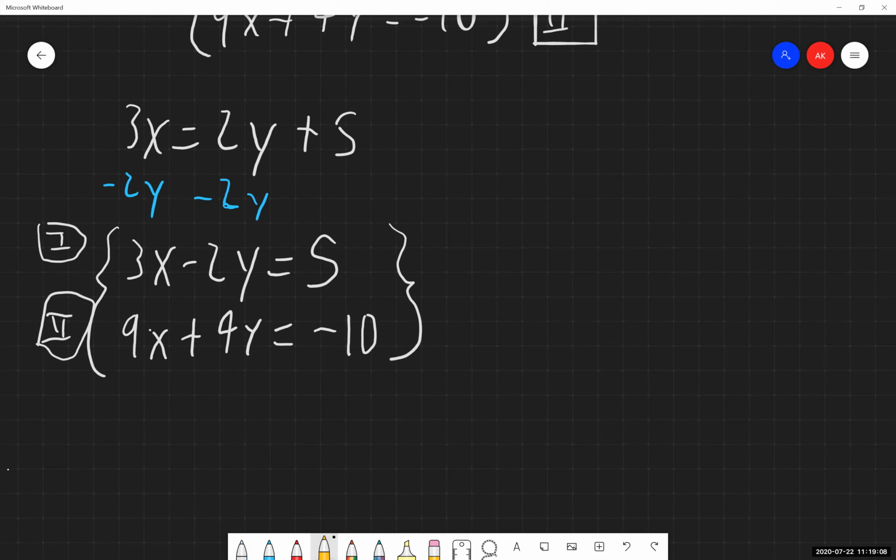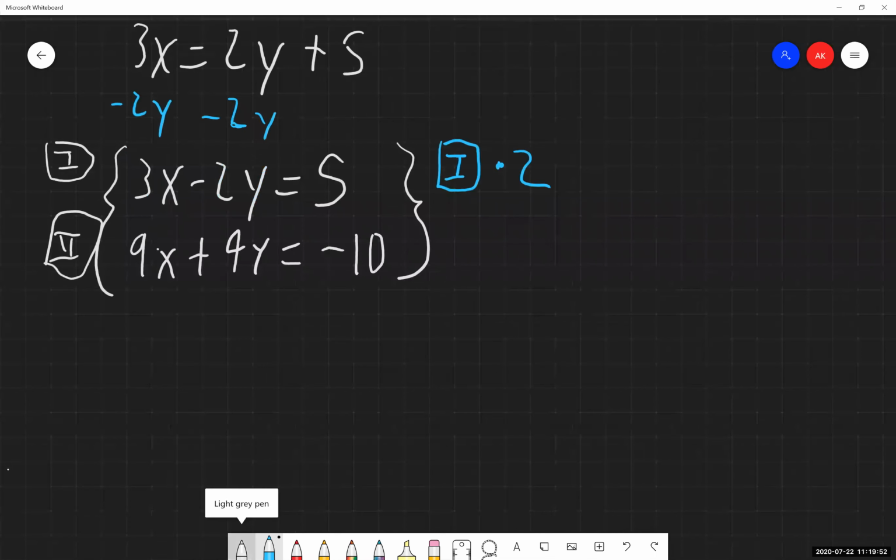So for this instance, I'm looking at the y variables that I have here, and I'm noticing, okay, both are y's, one is positive and one is negative. So I already have half of the additive inverse part of things taken care of for me, which is great. But now I need to figure out how am I going to make the number value be the exact same as well. One of them is a negative 2 on top, the other is a positive 4 on the bottom. So the way I'm going to create these additive inverses, as it were, I'm going to take my first equation, so equation 1, and I'm going to multiply everything in it by 2.